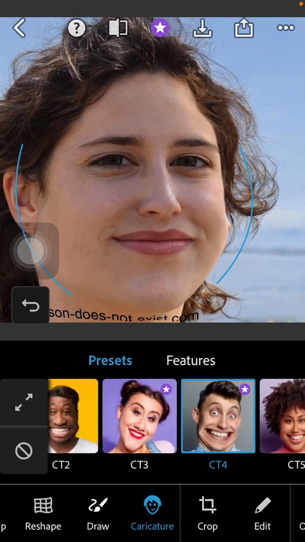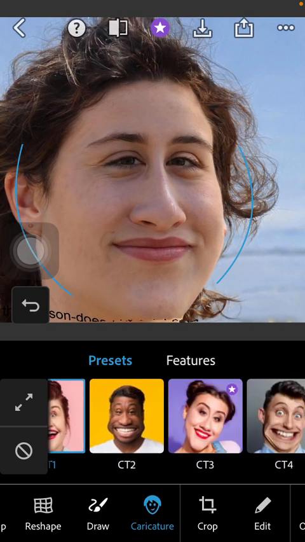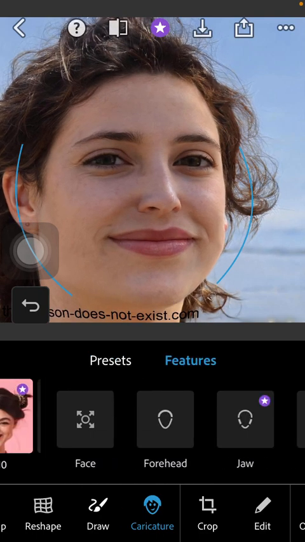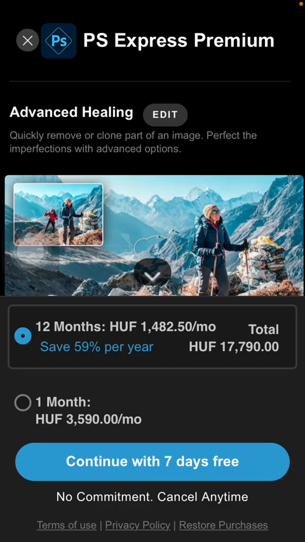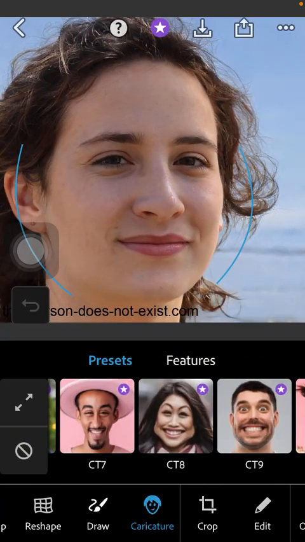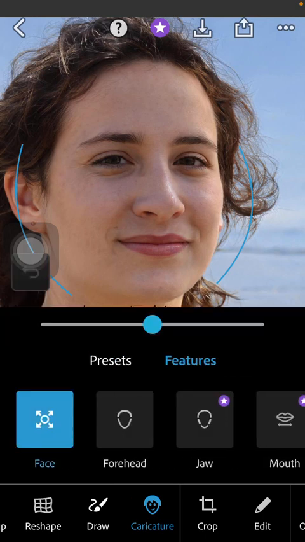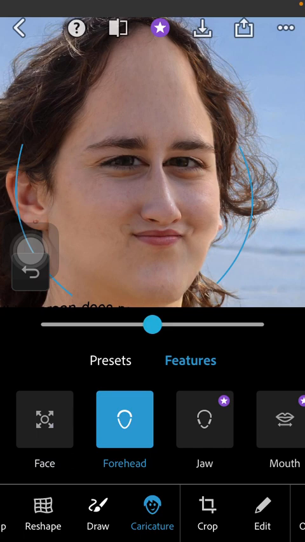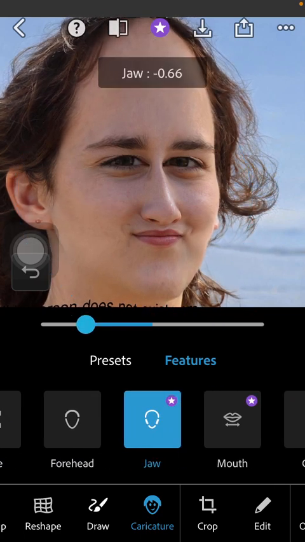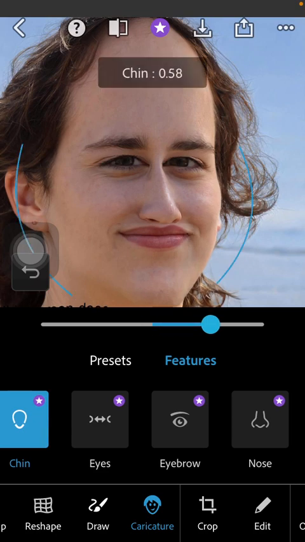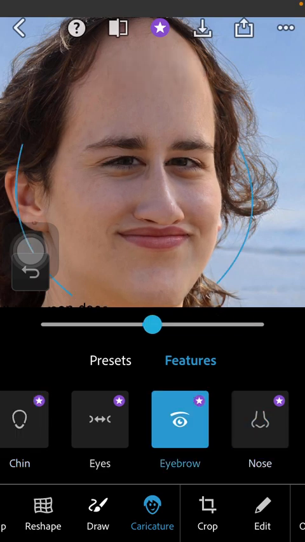Here you have a bunch of options you can choose from. As you can see, most of them are only available to premium users, but you can also set certain features as you tap on the features option. You can select or modify the face, forehead, jaw, mouth, chin, eyes, eyebrow and nose, so that you can create your